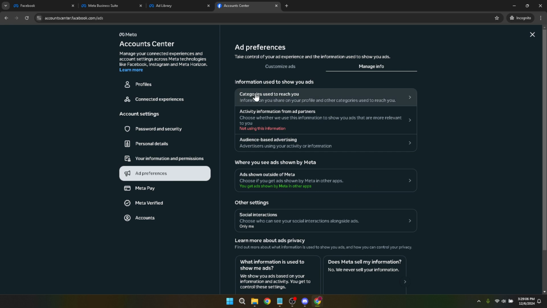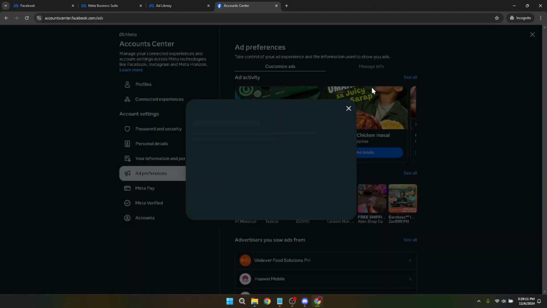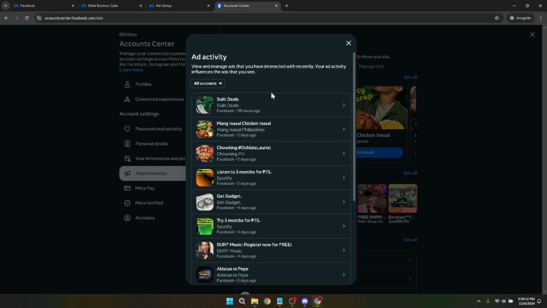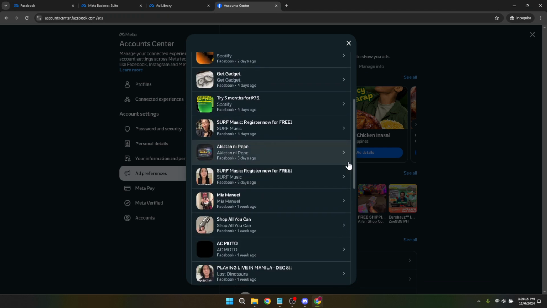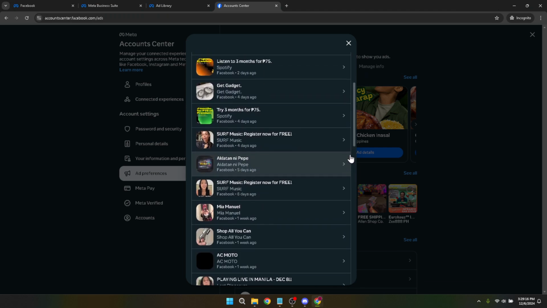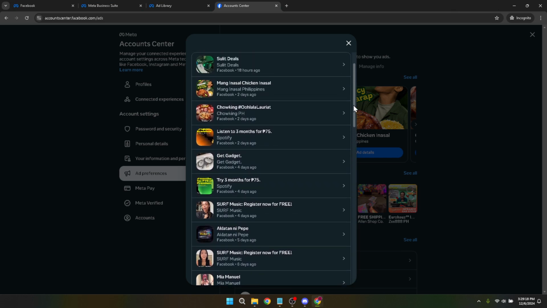In addition to revisiting past ads, you can also manage your ad preferences here. Facebook offers options to adjust your ad settings, including information about you that's used to show you ads, ad topics you might want to see less of, and advertisers you've interacted with. It's an effective way to tailor your Facebook browsing experience to suit your preferences, making sure the ads you see are as relevant and interesting to you as possible.